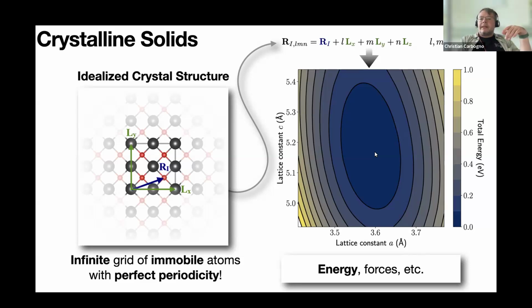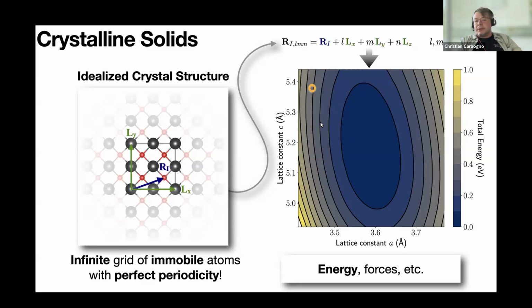And what you then typically do is that you also want to know what the ground state structure is, what is the minimum energy structure. And for that, you perform so-called relaxations, which are numerical algorithms that look for this minimum. Remember, when you do a DFT calculation, in principle, you put in one set of positions and lattice vectors, and you get the energy and forces and so on, but only information about one point. And the relaxation algorithm then uses these forces and stresses to wander down to the minimum.